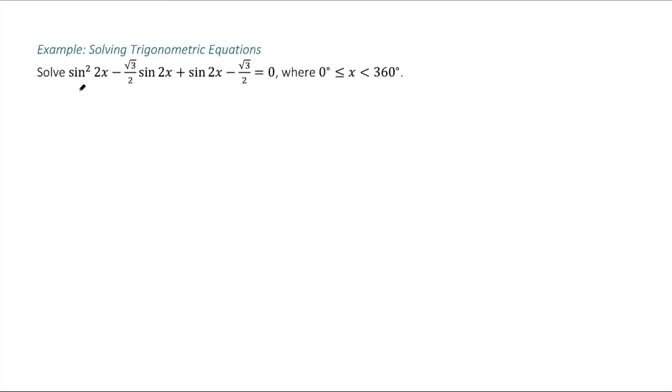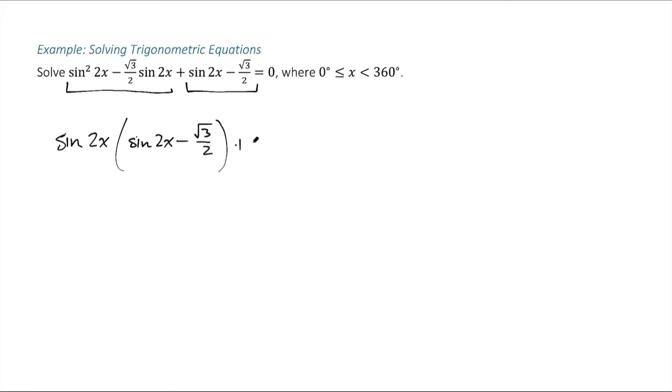And notice that this kind of looks like I've got this weird root 3 over 2 in these two different places. Notice that if I group this, then this first group, I can factor out a sine of 2x. Factor a sine of 2x. And that leaves us with a sine of 2x minus a square root of 3 over 2. And then I've got plus, and this thing right here is that exact thing. I'm just going to go ahead and put it in parentheses